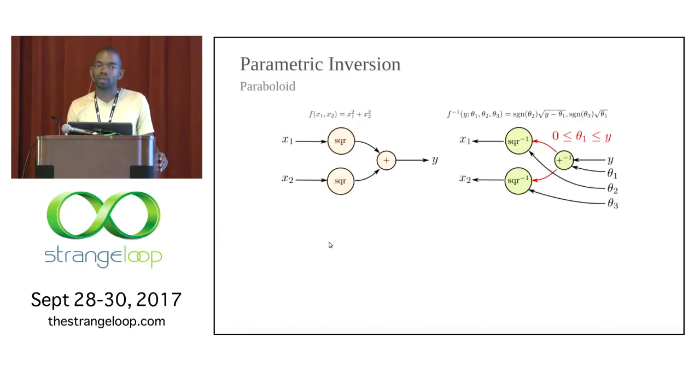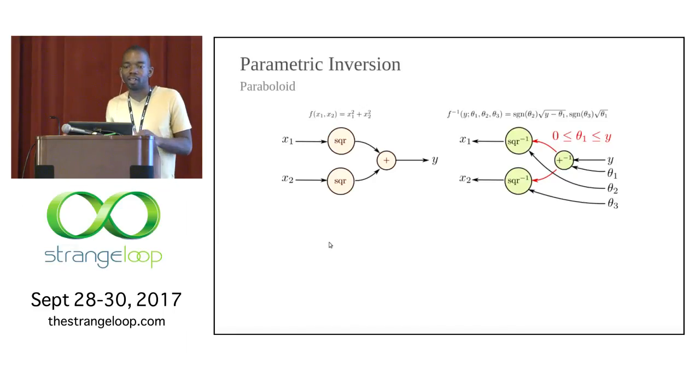And so there are some hard problems that we're trying to solve. It's not as simple as this. You can't just do it in a trivial way. But this is really the general concept. You take a big complicated function, you replace each primitive in that function with this parametric inverse, and then basically revert the flow of information.